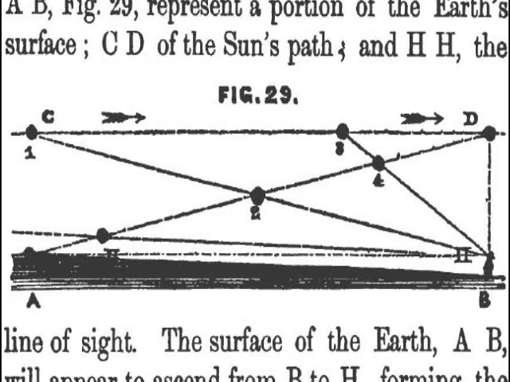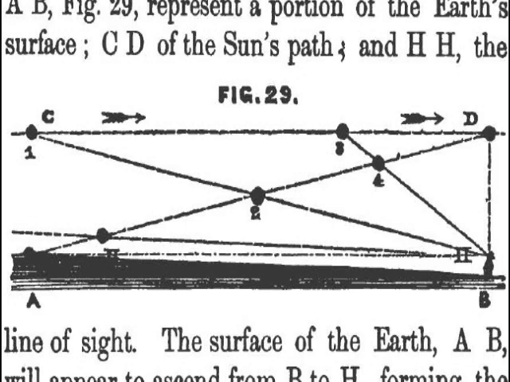When the sun is traversing the line CD in the direction of the arrows, he will appear to emerge from the horizon, H, and to gradually ascend the line HD. When at position 1, he will appear to be at the point 2, and when at 3, the apparent position will be at 4. But when he arrives upon the meridian, D, his apparent and actual or noonday position will be the same. But now from the point D, the sun will appear to descend, as in figure 30,